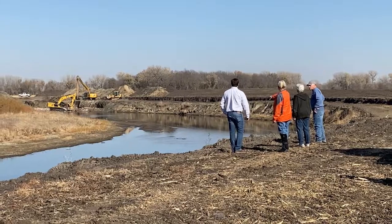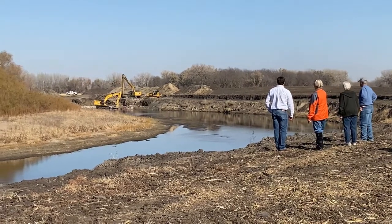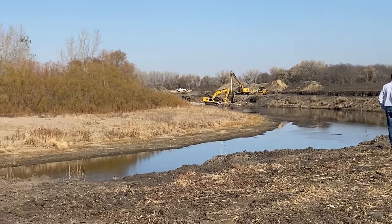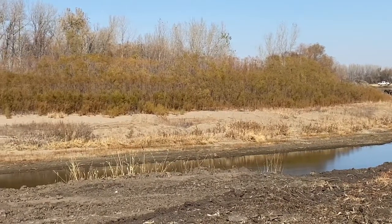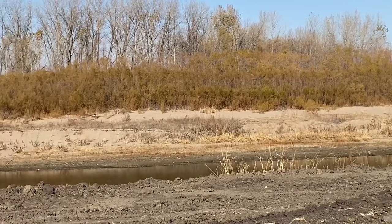My name is Jake Miriovsky. I am the project manager with JEO Consulting Group. We've been working with Kara, the watershed coordinator, on these projects in the Nishnabotna Watershed. This particular project is stabilizing approximately a half-mile of riverbank that was severely eroded, contributing soil and nutrients to the river. So with this project, our design includes a combination of bendway weirs, peak toe protection, and bank shaping and